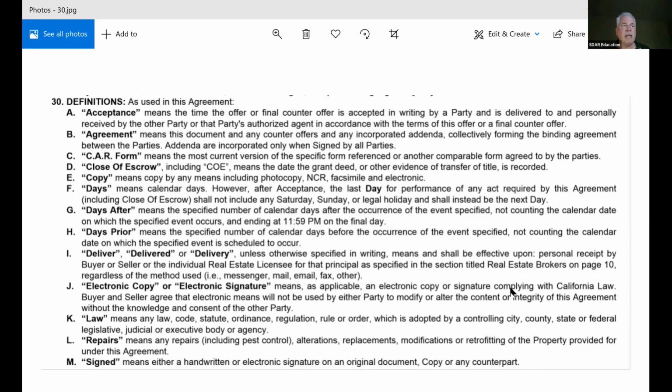So I just had this happen with an agent that wrote an offer on a property and used an old contract. Actually, I had one even better story. It was probably about 10 years ago, and it was written on a CAR form from like 1992. And I asked the agent, "Where did you get this?" He says, "It's in the trunk of my car." And I said, "Write a lot of offers, do you?" And he goes, "No, how'd you know?"